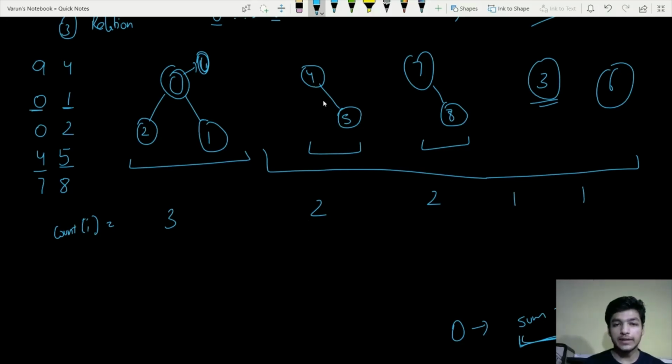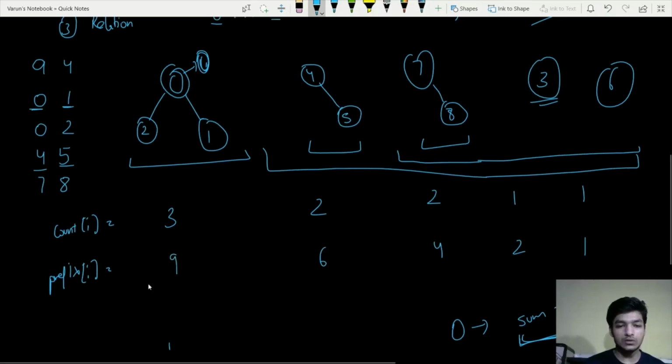So if we look at the second component, here 4, it can pair with any of the elements present in this part. We won't look at the left side because the pairs with 0, 1, 2 have already been formed. So for any I, we need to look at the sum on its right side. So we need to make a prefix array which would be storing the sum of elements from right to left. So if we look at here, the sums are 1, 2, 4, 6 and 9.